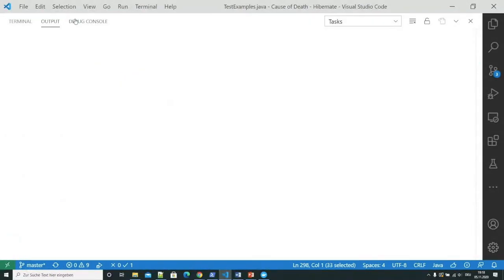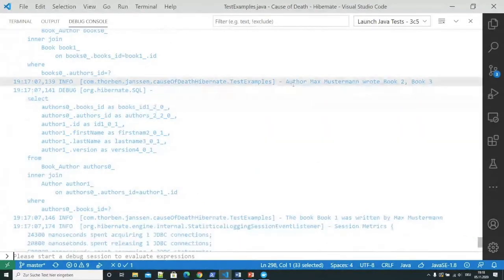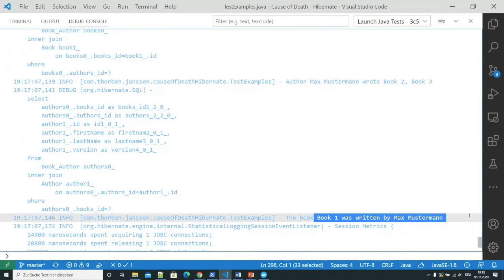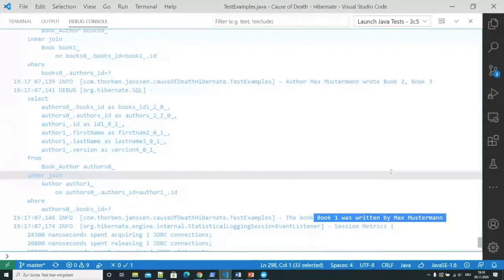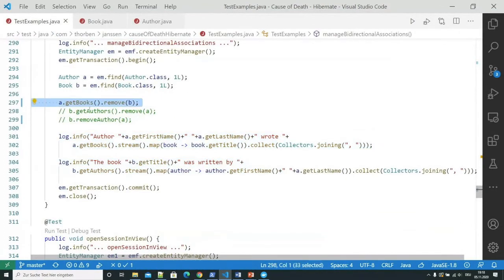Take a look at the log output, then we can see that Max Mustermann no longer wrote book 1, but book 1 was still written by Max Mustermann. And that is within this current session. But the removal of this association was never performed on the database. So here we have two issues.